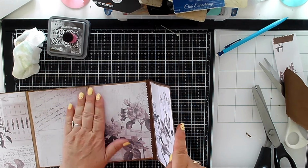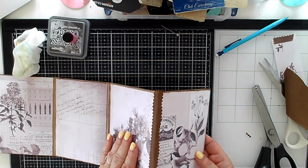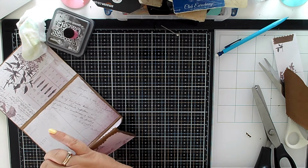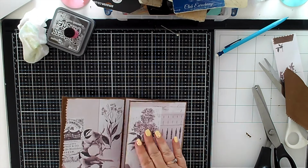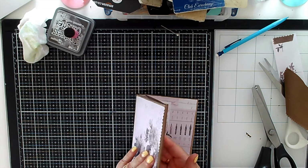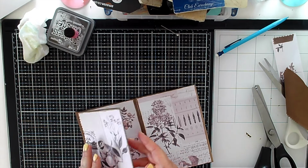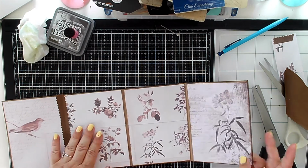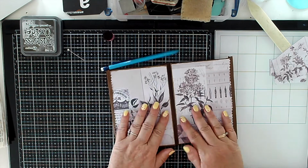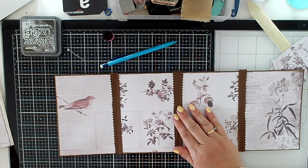This one is the most important one, where we're going to reinforce the actual envelopes. So yeah, that will go like that and like that. See, the other thing is it does reinforce where you're picking it up all the time as well when you're opening it. Yeah, that's okay. Okay, I'll go through the other three. Right, I've put all the brown material on, so it folds in like that and then out like that. So I need to now put the